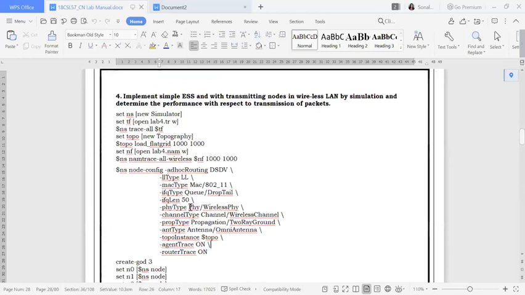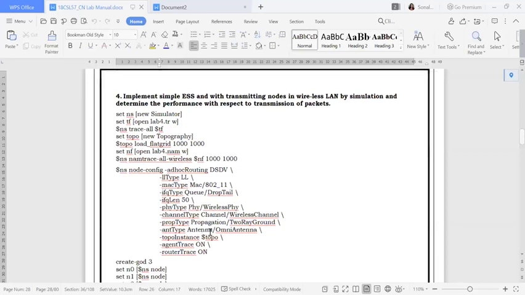Then the channel type. These are all components and parameters, mentioned together here because they all belong to your node configurations. It is inbuilt type. Then the channel type is channel. This is my wireless channel. This is a two-way propagation type. Okay, on the ground itself it is two-way, so two-way communication will be there.